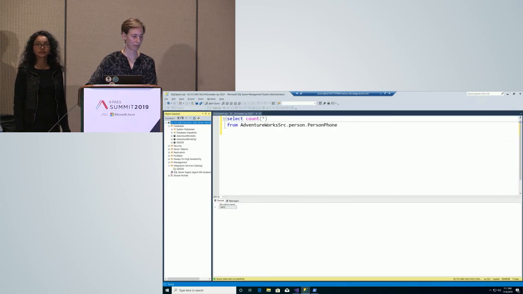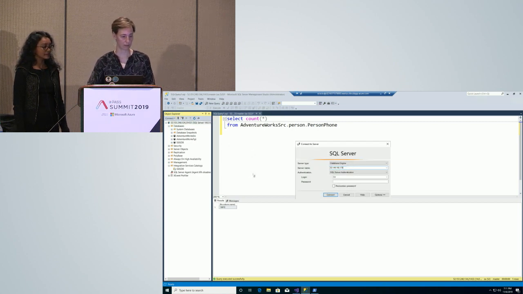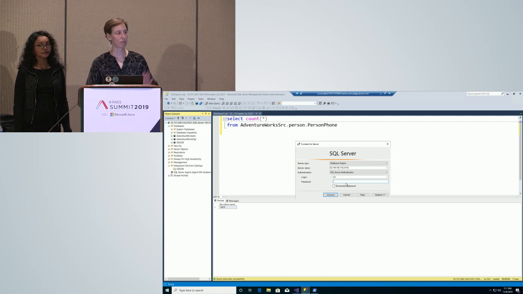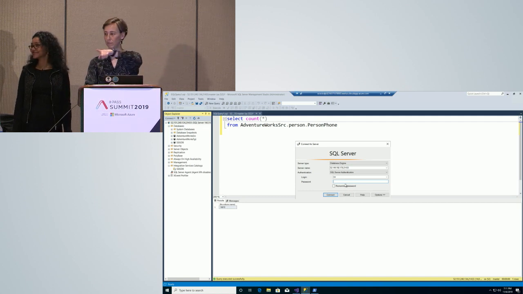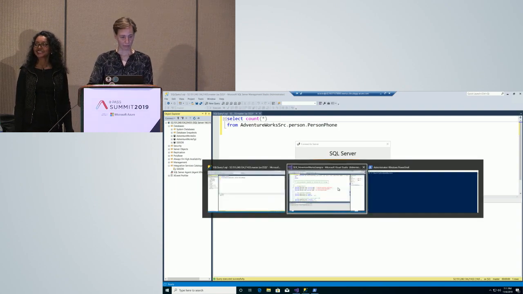All right, so let's make a new connection. I'm going to use that IP address. I think we're all just going to have to trust each other that this is the right IP address, because I can't see it either. I'm logging in as SA, because containers don't have Windows authentication. It's very difficult to do unless someone solved that problem. Anyone? All right, no one solved the problem. Fair enough.